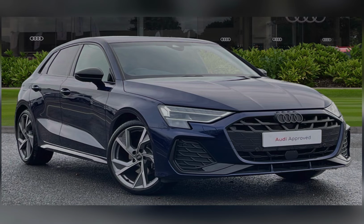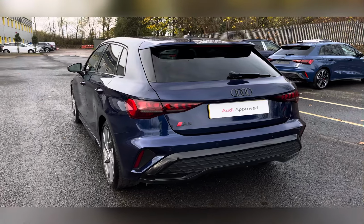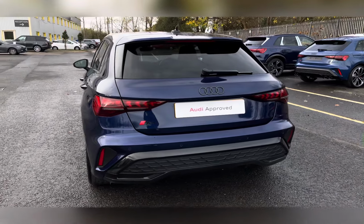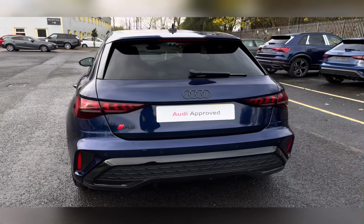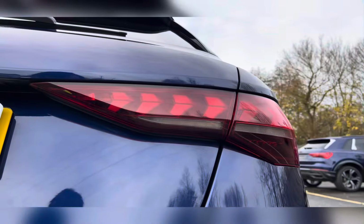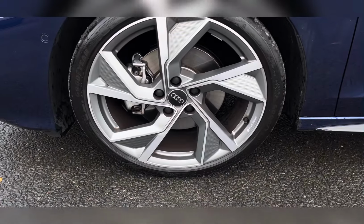Today I'll be talking about this approved used Audi A3 Sportback Black Edition S Tronic finished in the modern Navarra Blue Metallic paintwork. This 2024 model comes with a TFSI engine and automatic transmission, ideal for those wanting to cover extra miles. The top features include these modern LED headlights along with dynamic rear indicators for great visibility, large 19-inch